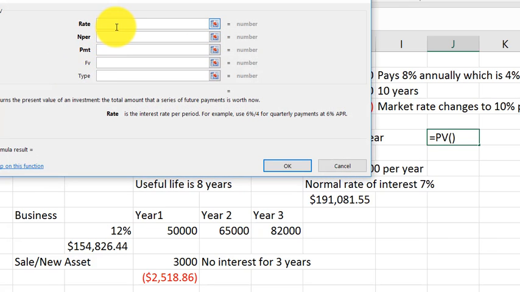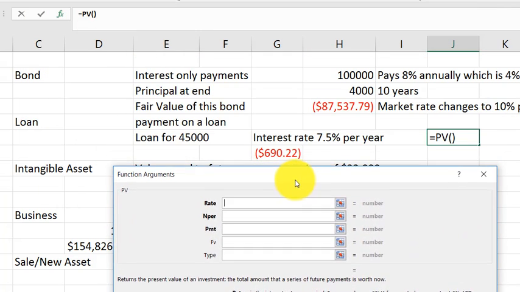We could put in the rate we know. We could put in the number of periods we know. We could put the future value, that's the loan amount. And we could put different numbers in. The future value would be 0, I'm sorry. And we could put different payments in here until we came up with a present value that's exactly the